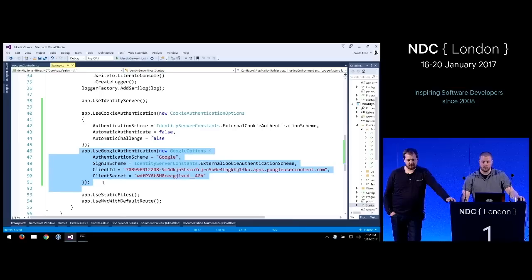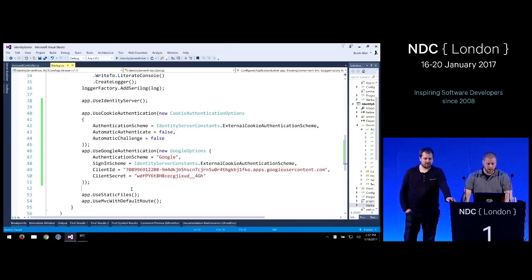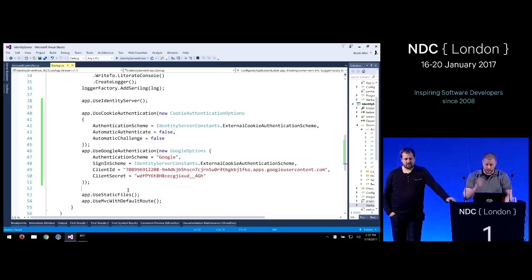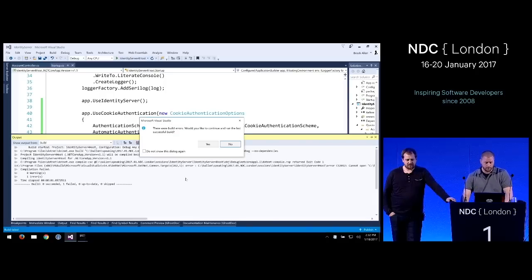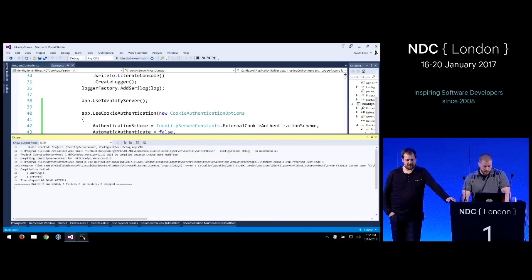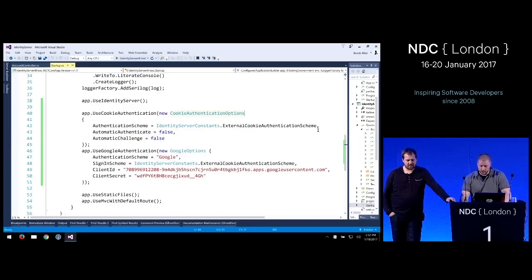And then whatever other external middleware. And again, this works pretty much the same way for Google and ADFS and Facebook and Azure Active Directory. Okay, I think that's it. All right, so run it. I think it's still running. Maybe it is the API. Running. Yeah, it is. Okay, let's close these all down.